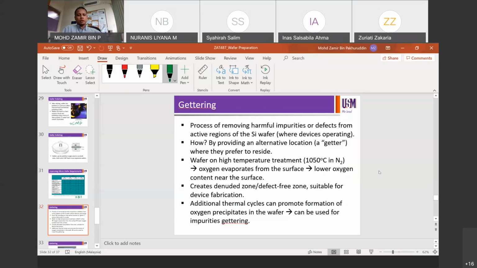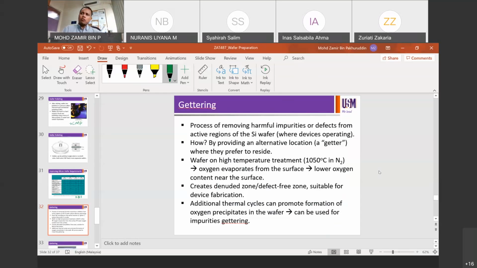What's going to happen is oxygen will evaporate from the surface. If you have a high amount of oxygen to begin with, some of it will evaporate from the surface, leaving lower oxygen content near the surface. It will also create a defect-free zone suitable for device fabrication. I'll show you a short animation now. Additional thermal cycles can promote formation of oxygen precipitates in the wafer, which can be used for impurities gettering. Thermal cycles here means